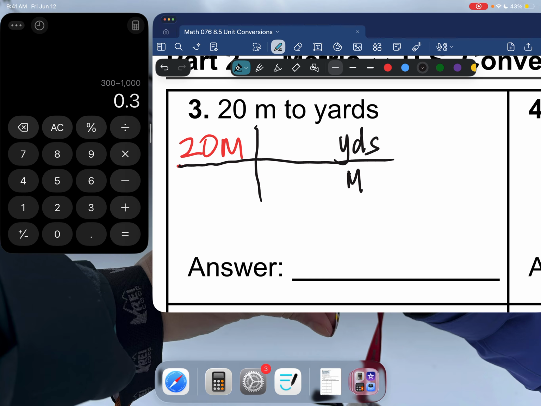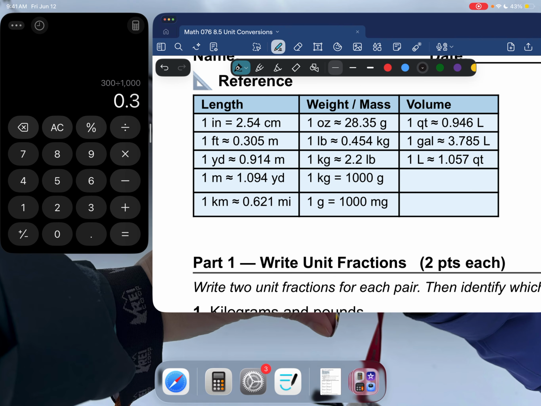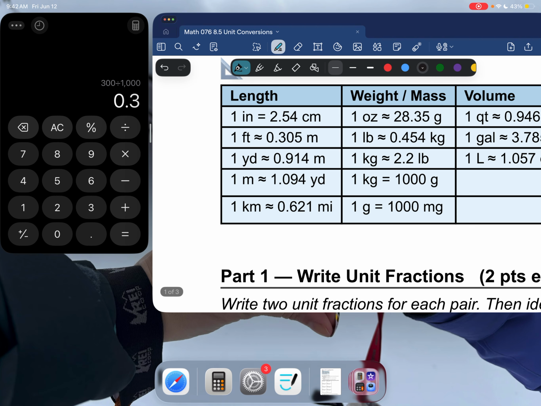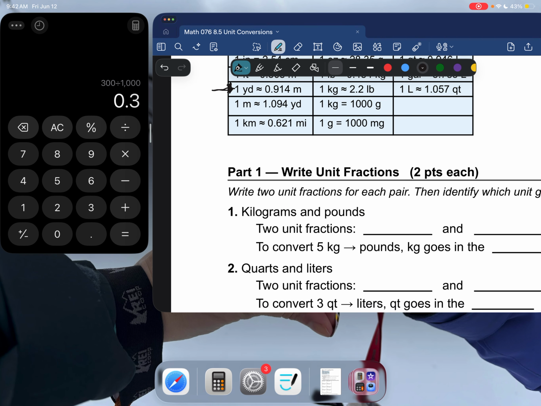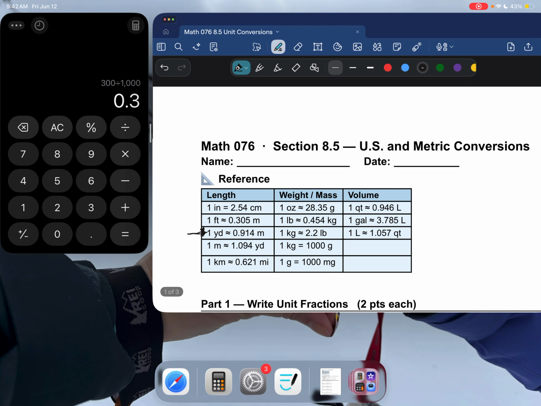So let's go up and look at my unit conversion. I'm skipping part one. Okay, we are going from meters to yards. So look up here, and I've got yards to meters right here. So this is a conversion I'm going to use. I have a 1 in front of yards, so when I write it down here, I'm going to write 1 in front of yards. And in front of meters, I have